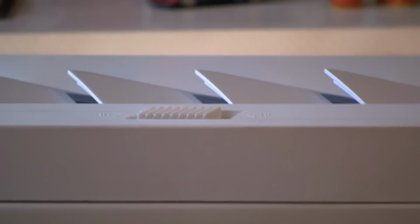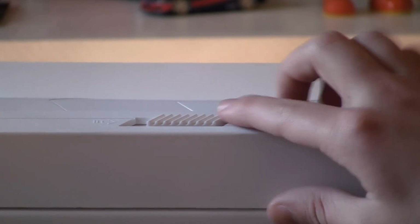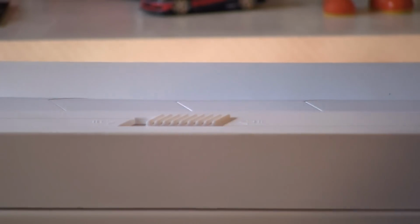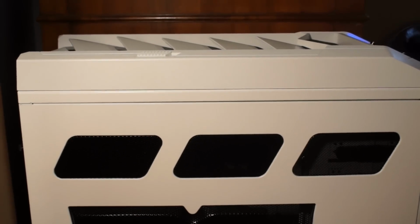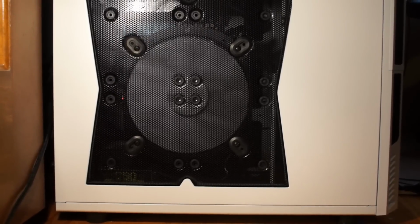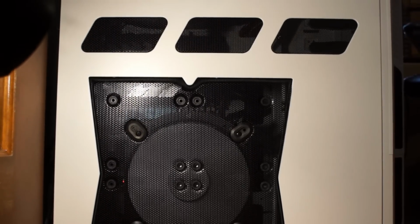Now, the most instantly noticeable thing, of course, in this video is going to be the Chevron Design top panel that when you slide the switch, it pops those chevron dragon-like blades up. It kind of looks like a dragon spine or a dinosaur spine, and it pops those up, which of course reveals access to one of the fans. There is a top 230mm fan, a rear 140mm fan. Both of those are exhaust. A front 230mm fan and a side 230mm fan. Both of those are intake, and there is room for a bottom 120 or 140 and room for an additional